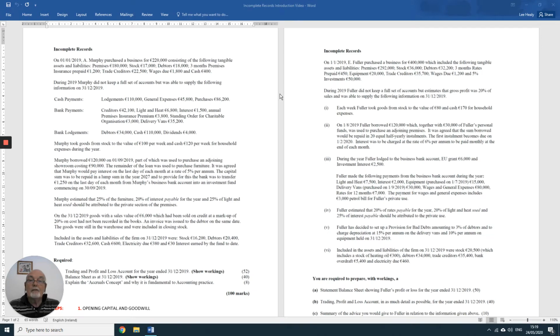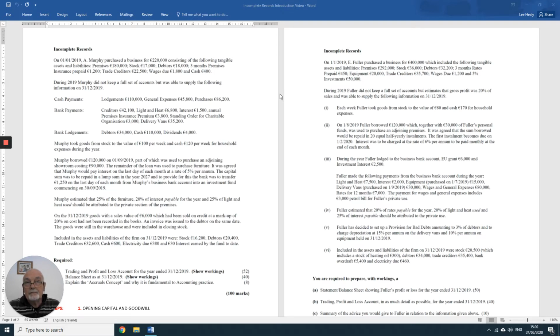Hello, we're going to have a look at incomplete records. Usually when we do the final accounts and balance sheet, we're using a trial balance. And that trial balance has come from the balances of the accounts in our ledger. And of course, the accounts in the ledger exist because we've been keeping proper books of accounts that we've posted